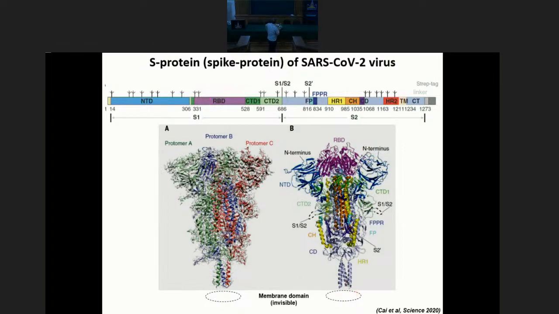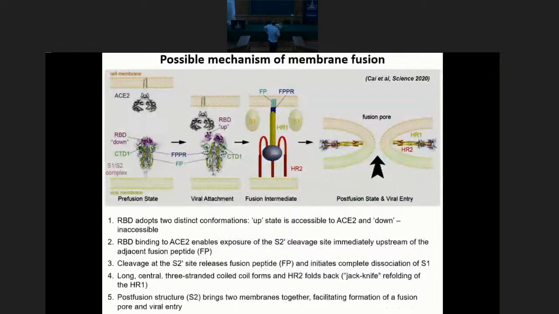How does this protein work? Indeed, the receptor binding domain, or RBD, could be in two different conformations. In RBD down, it's hidden from the outside, and in RBD up, it can attack the target receptor. Then the virus cell,